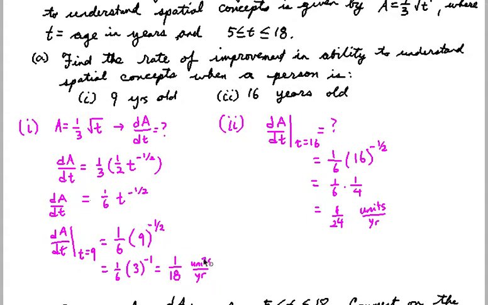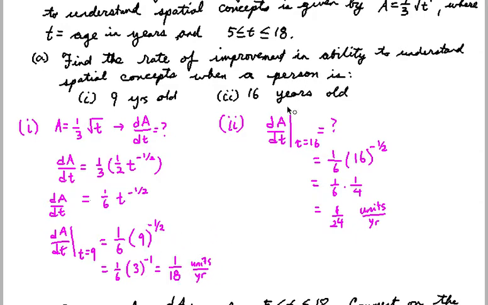1/18 units per year. I've just said units here because we don't know exactly what this number means, what area means. So we're just going to assume that it's in some sort of unit. And so that's why we say this. So 1/18 tells me how fast their ability, that quantified number, is changing relative to the year at that